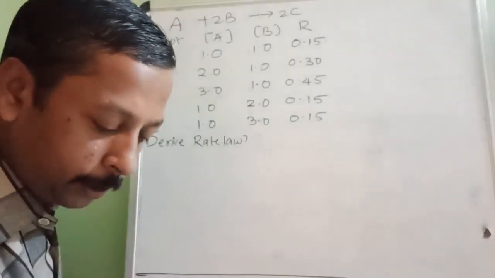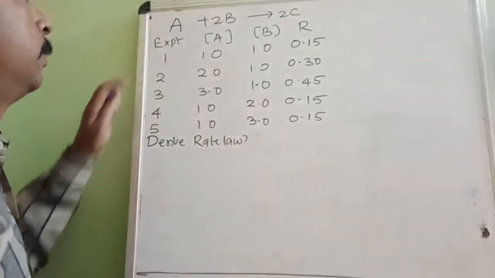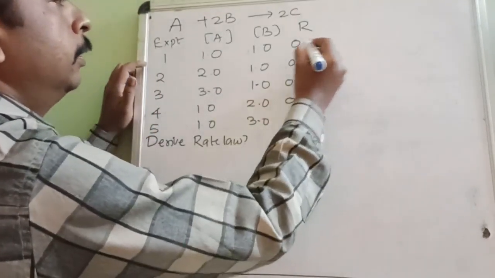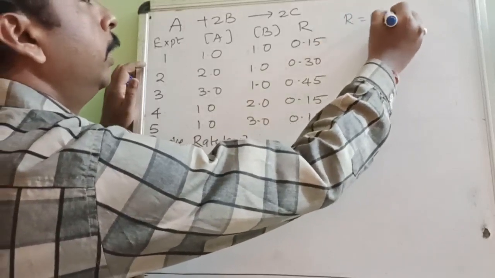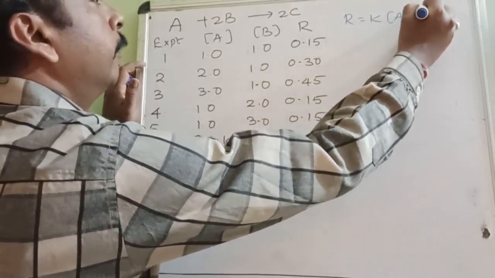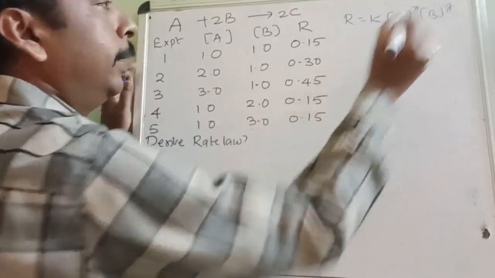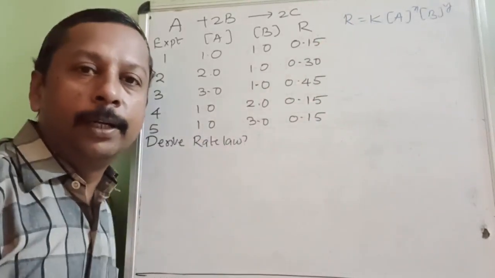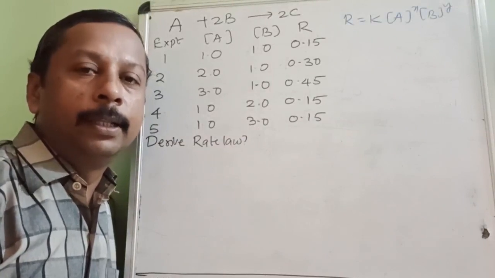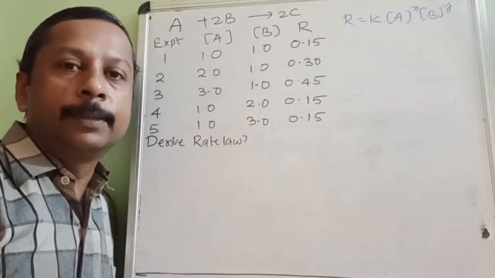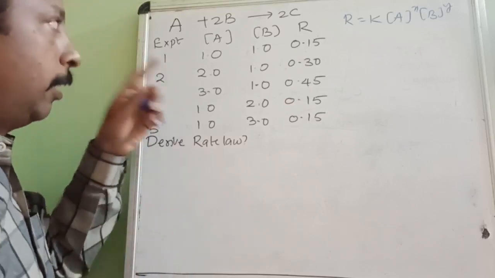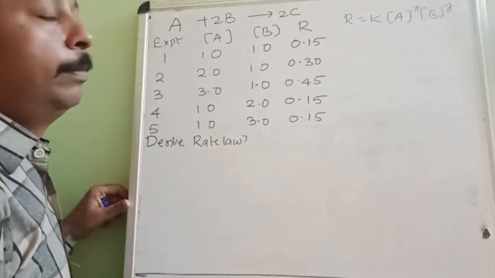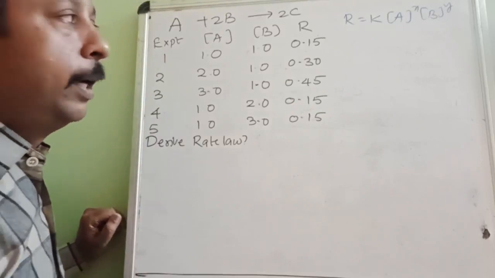Okay. So here I am writing the experimental equation directly. So let us consider r is equal to k into a to the power of x and b to the power of y. What you have to find out is x and y. That is our aim. This experiment is carried out how many times? It is carried out 5 times. So how many equations will we be writing? We will be writing the equations 5 times.